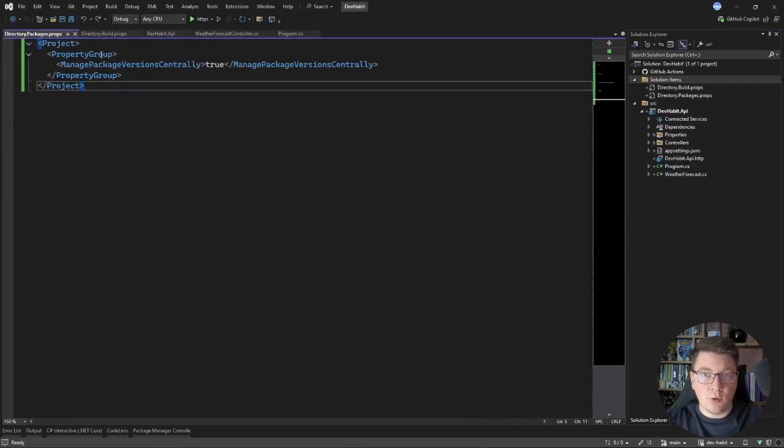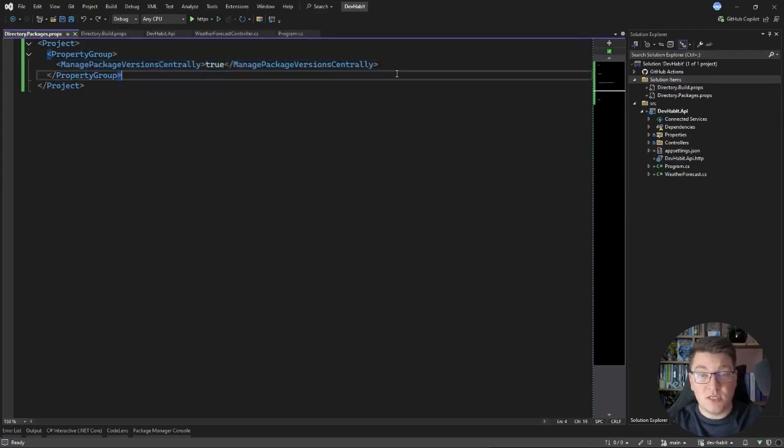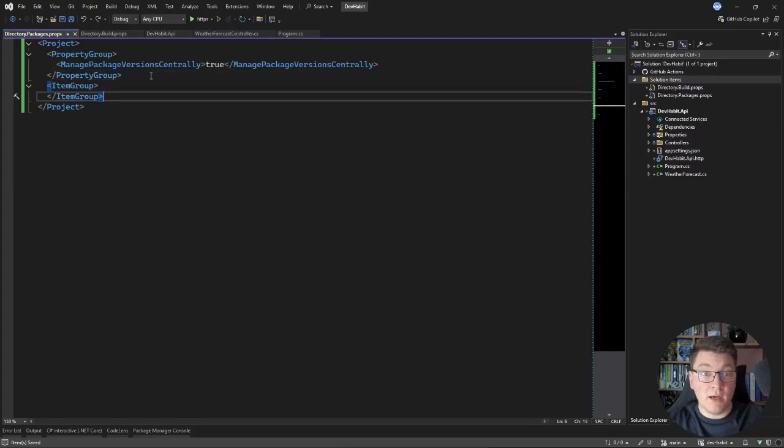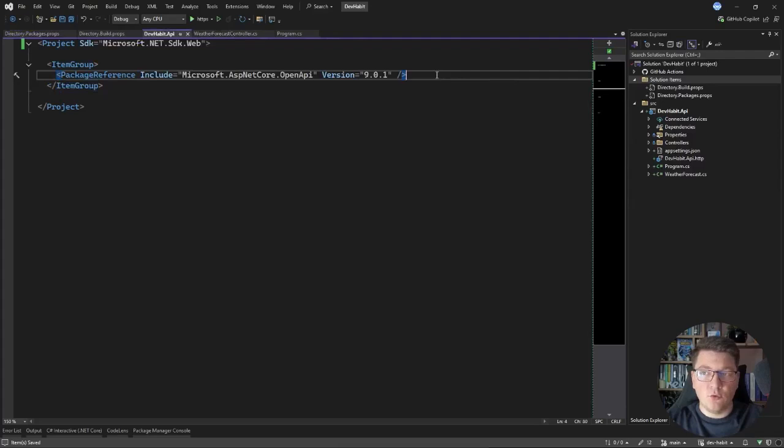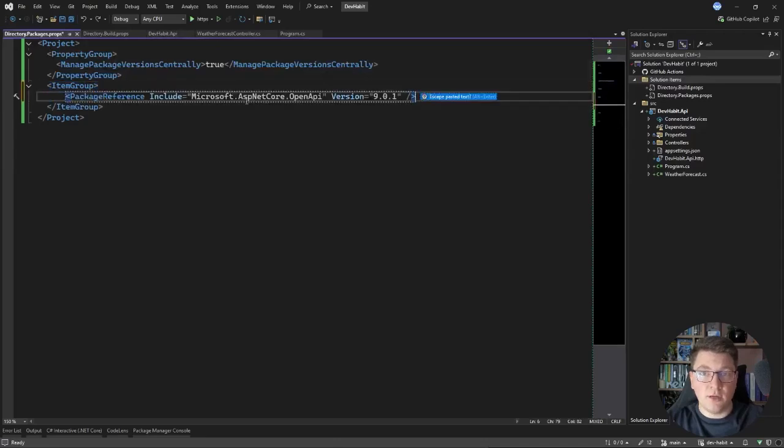So here I want to apply a property group to all of the projects in my solution, and what I'm setting up is ManagePackageVersionsCentrally, and I want to set this to true. So now this will allow me to manage all of the NuGet packages in my solution from this one file. What I need to do is define an item group where I'm going to manage my package versions, and what we can do is move the one package that we have, the Microsoft.AspNetCore.OpenApi package, and move it into the Directory.Packages.props file. We have to update this from a package reference property into